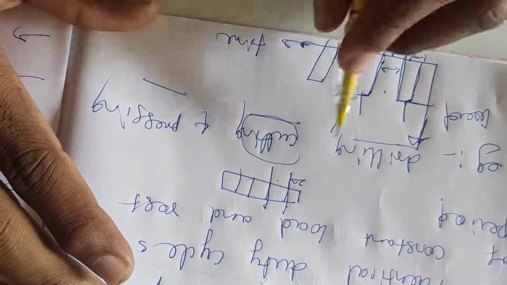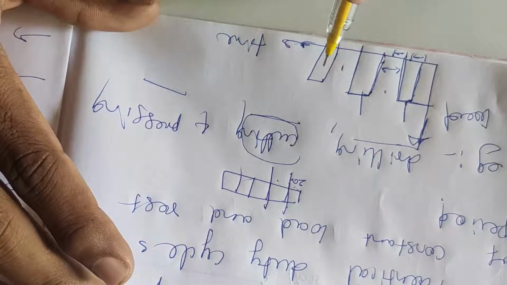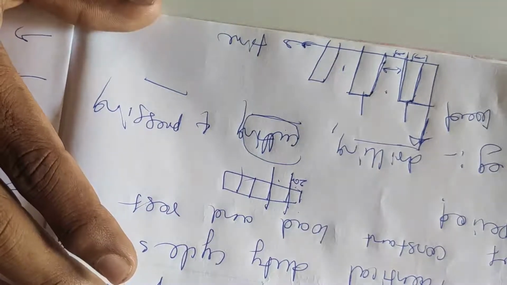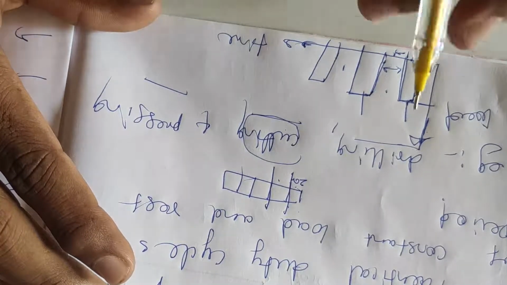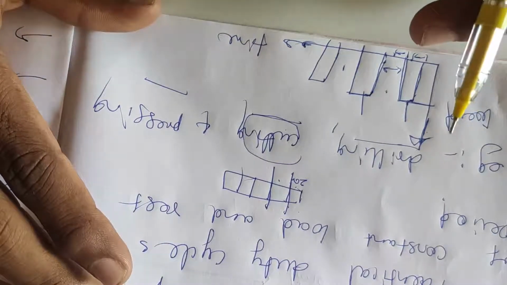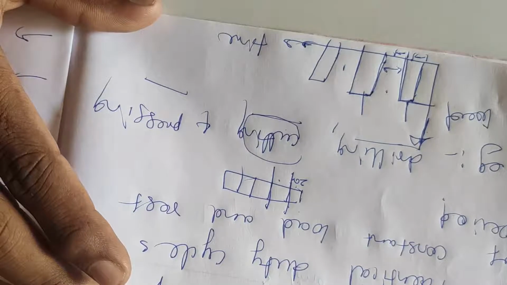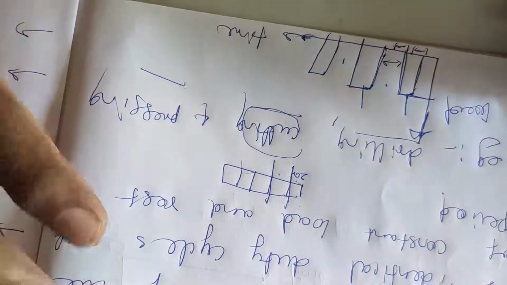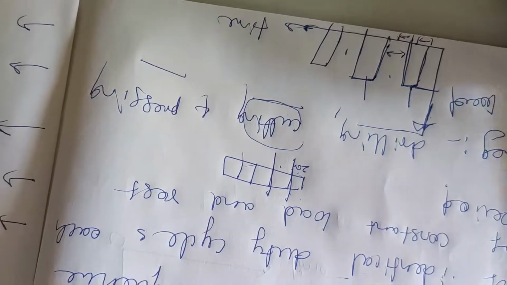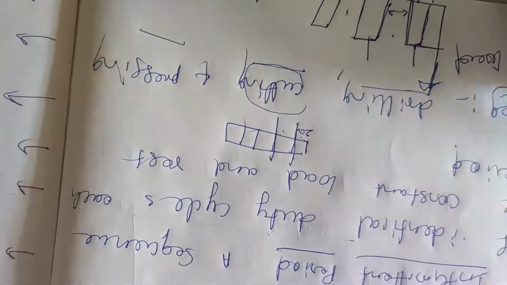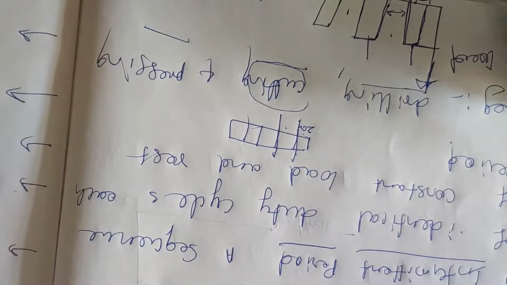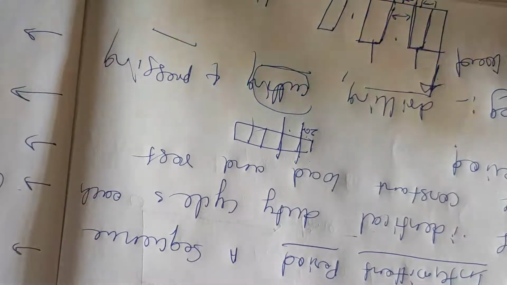This is called intermediate period. So what are the things we have studied? First one is continuous, second one is short time period, third one is intermediate period. This is also one of the important concepts, so it may be asked for 5 marks. Here your first chapter will be completed.